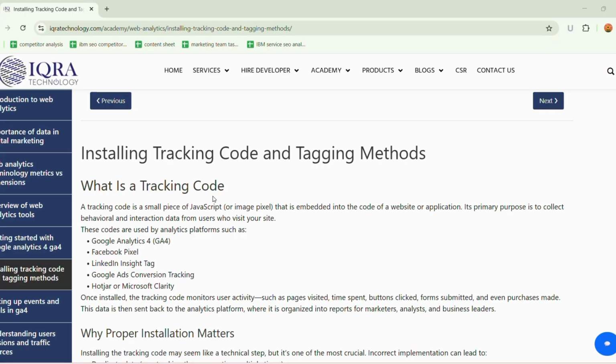What is a tracking code? A tracking code is a small snippet of JavaScript or sometimes just an image pixel that gets embedded into your website or app. Its job is to collect data about your users, what they do, where they go, and how they interact with your content. These codes are used by popular analytics platforms like